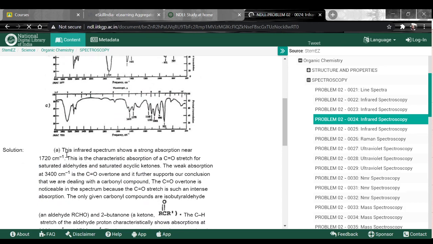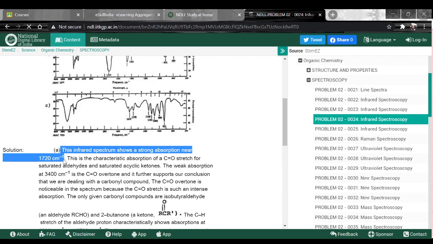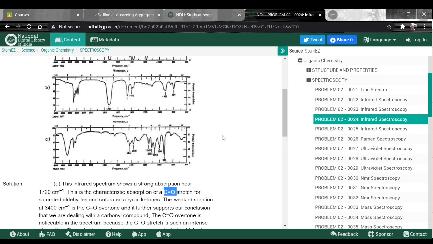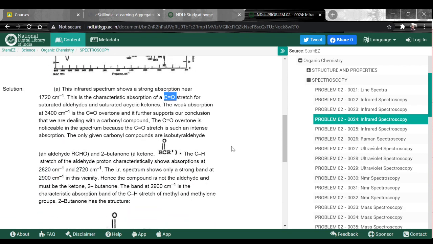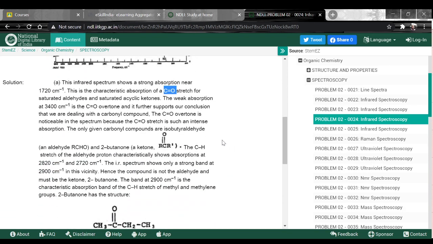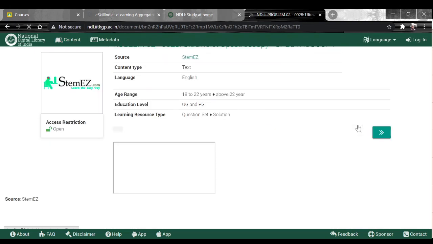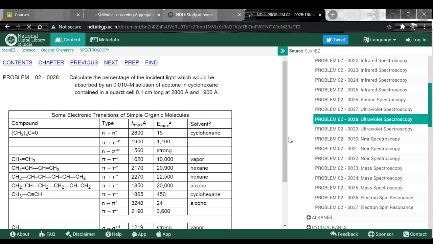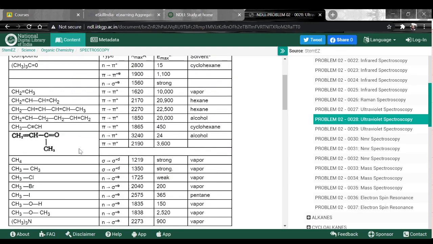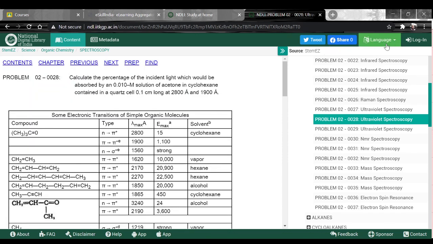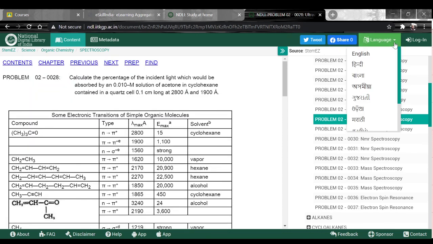So for the PG students, this infrared spectrum has a strong absorption at 1720, which means the keto group is present there. They are interpreting the spectra and telling you, preparing you to be in line with the latest spectra of the present day. In the same way you have UV spectroscopy. These are called the fingerprinting regions, the 1000 to 2800. This is exclusively for this particular compound and all those things are there. One good thing is you can choose the language there. It has English, Hindi and Marathi and even Tamil.